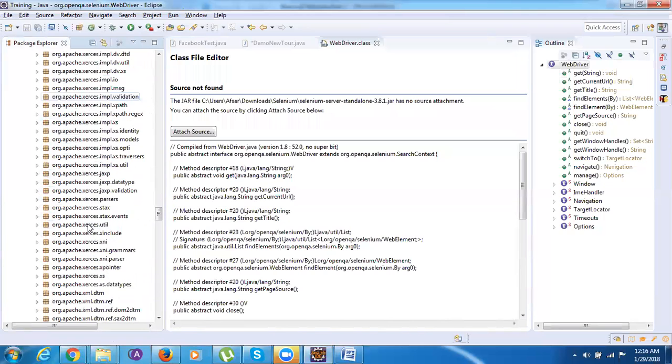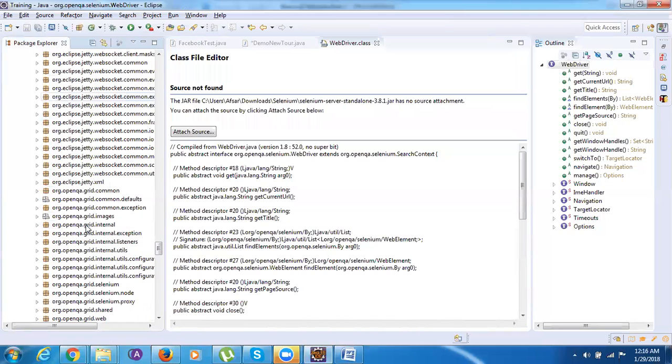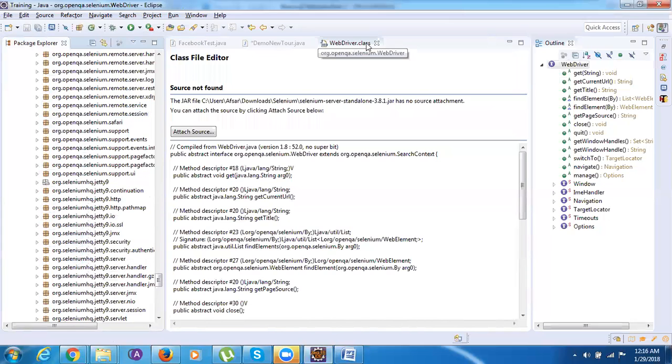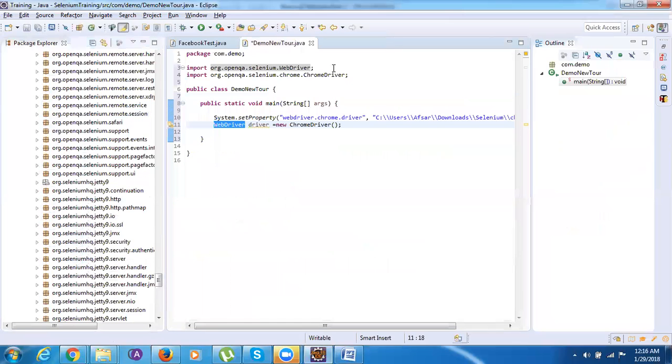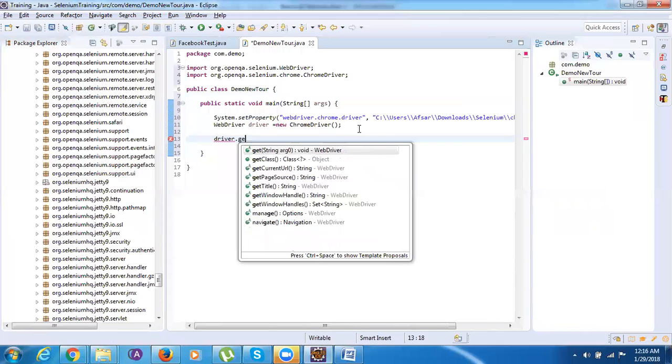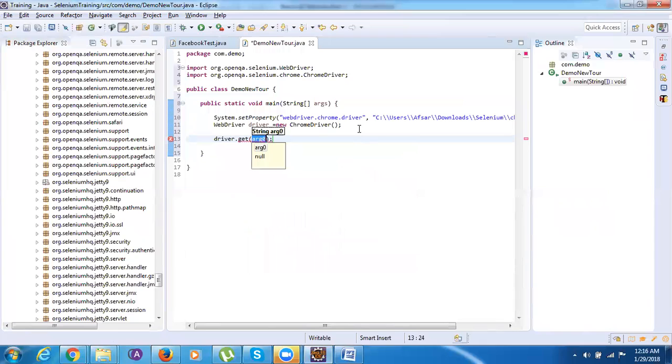So you can check and you can find that class from the WebDriver class. Fine. So I have imported that. Then this driver object has some inbuilt functions. driver.get. Once you write get,